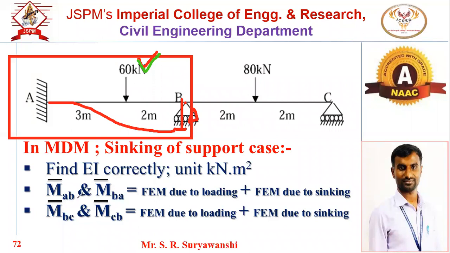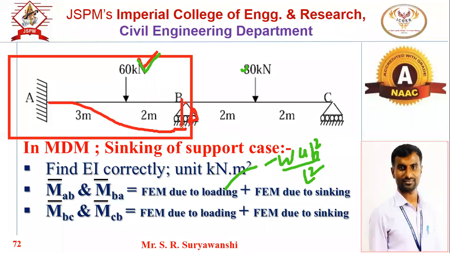So that's why M bar AB and M bar BA, initially we have to find out the fixed end moment due to the given external loading condition for each and every span. Now we know this is the standard case, 60 kilonewton acting eccentrically on that member. So an eccentric point load is there. We know this formula for the FEM due to the loading condition. The formula will be minus W A B square by L square. Where does this come from? Standard loading condition for fixed end moment.